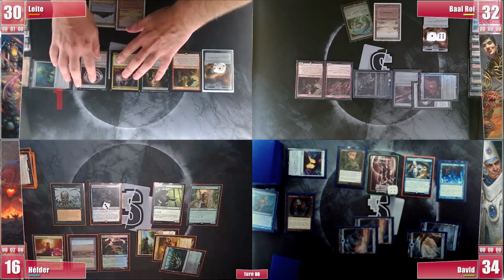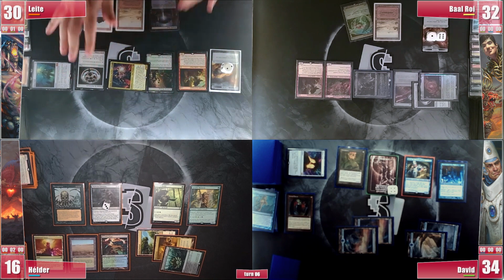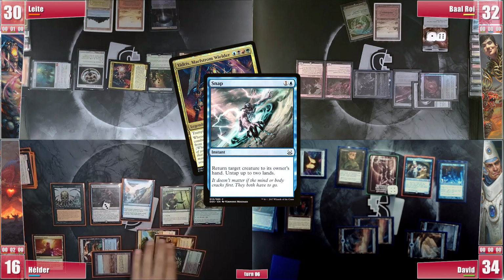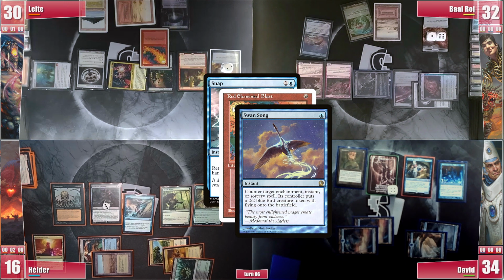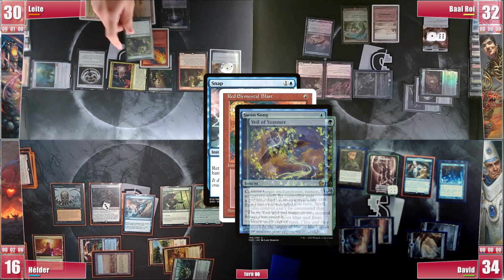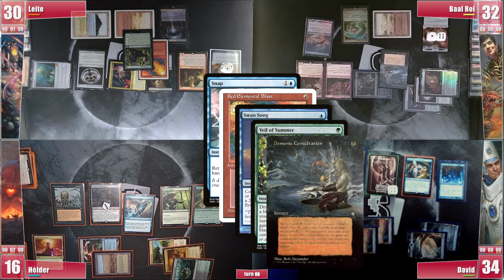Leite takes 1 from the vault, plays a Morphic Pool and jumps to combat, sending Yidris at Hélder. In response, Hélder fires a Snap onto Yidris, to which Leite then responds with a Red Elemental Blast. Baal is in favor of Yidris not connecting, so he responds with a Swan Song on the blast. However, Leite still responds with a Veil of Summer, so in response Baal fires a Demonic Consultation, which actually resolves,